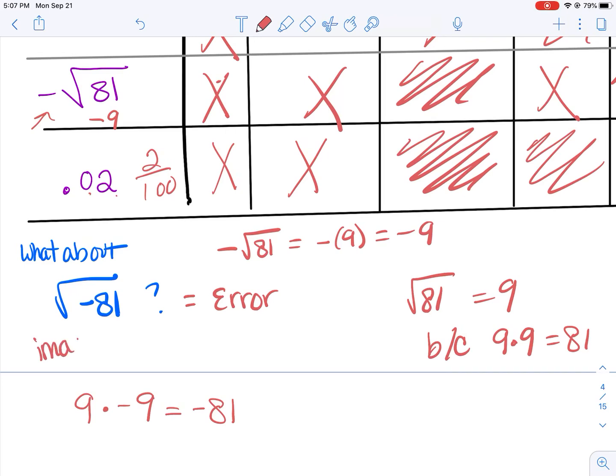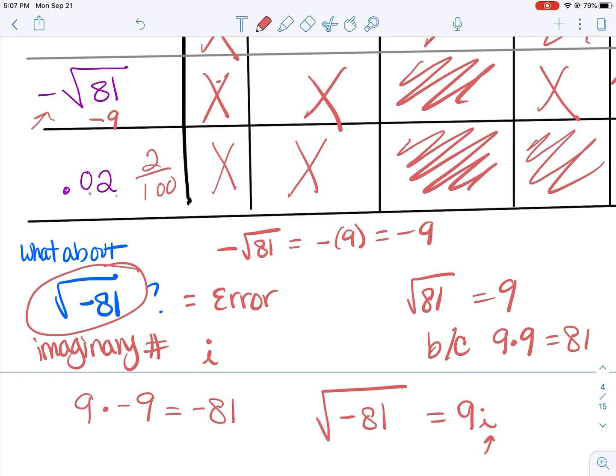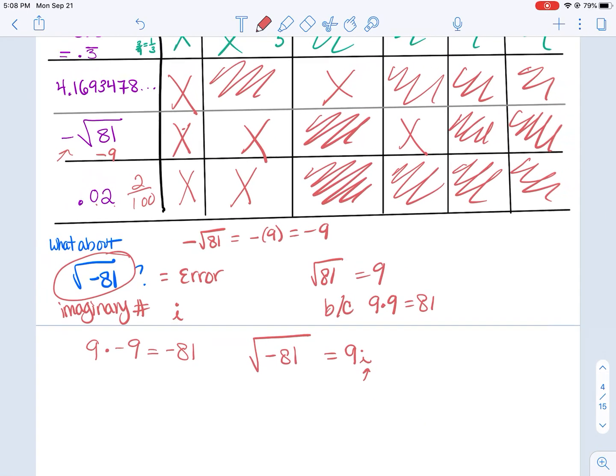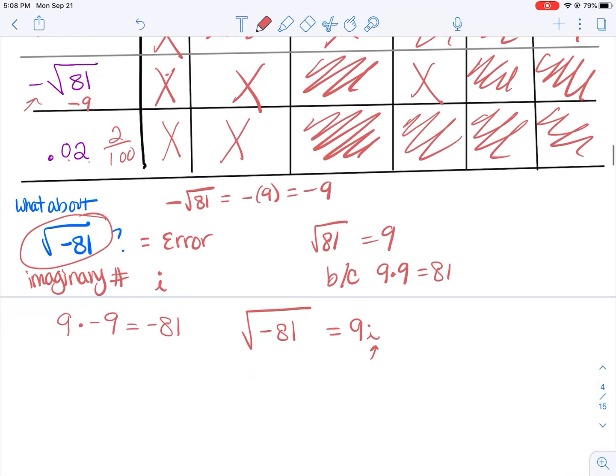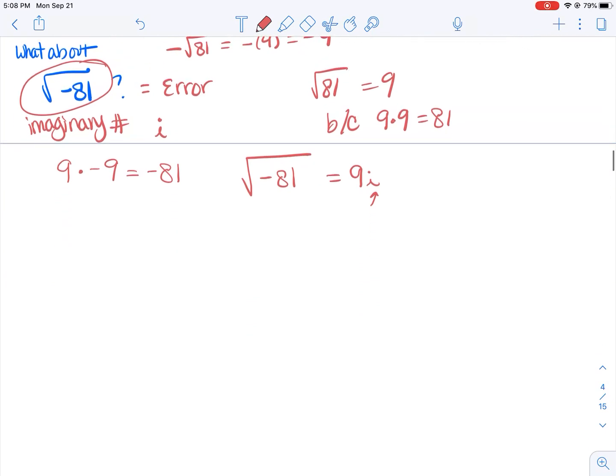When we do take the square root, we get an imaginary number, okay? And we represent that with the symbol i. So if you were actually taking the square root of negative 81, it would be equivalent to 9i. And whenever you see that symbol, that means you have an imaginary number, okay? For our purposes, I just want you to know that you can't take the square root of a negative and get a real answer. So anytime you see that, you have to just know that you're getting an imaginary answer, and when you get into higher math, you will actually do something with that, okay? But that's part of the imaginary